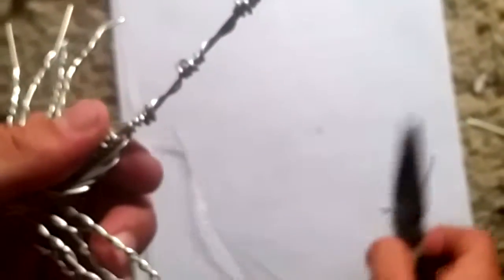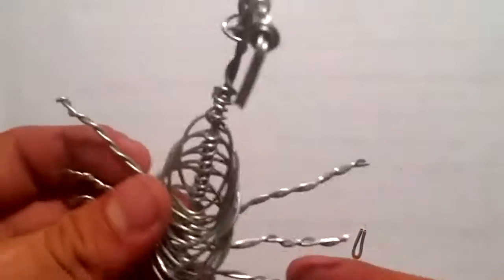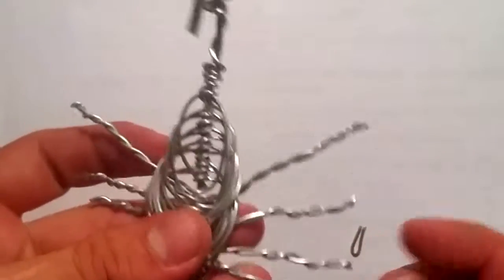What you do now is just get it formed, just bend it like this and like this. So now it looks a little bit more aggressive, like it's about to sting you. So now, okay, we need to finish the legs. And what I did was basically